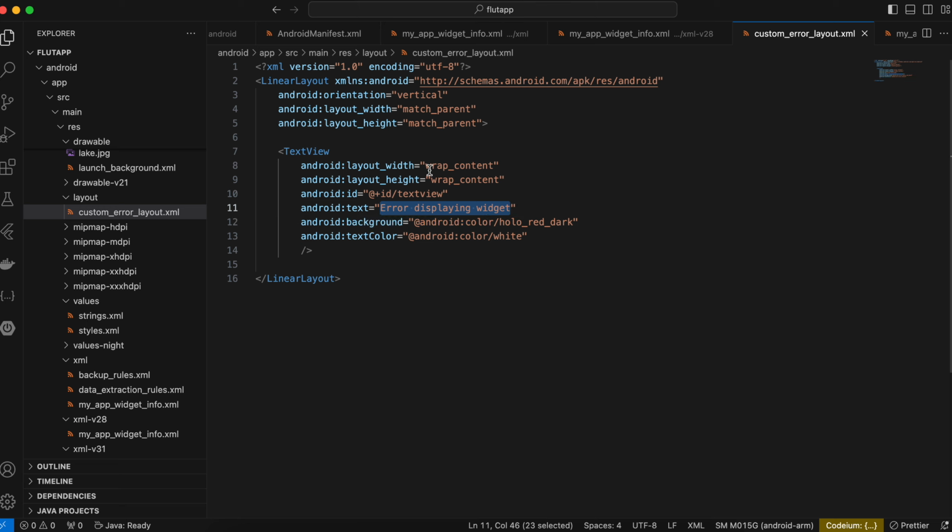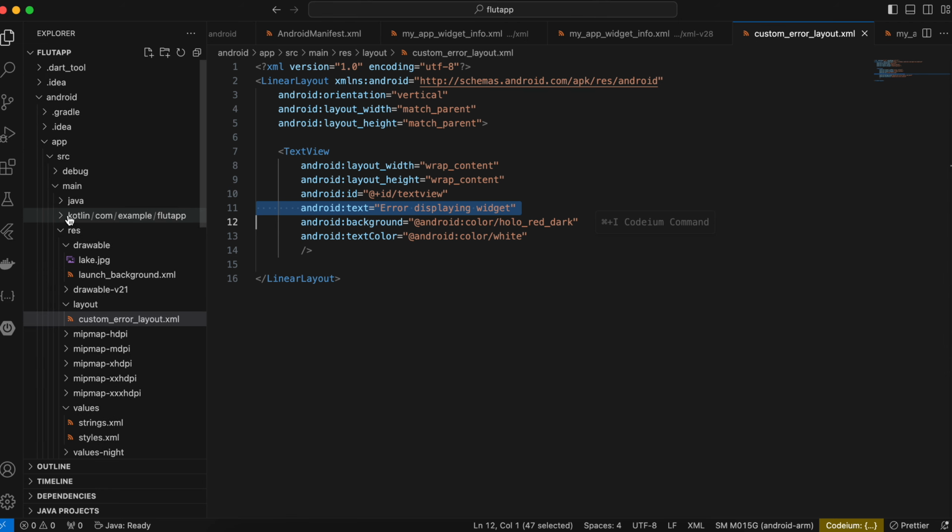You can also take an image view. Don't overcomplicate this, because I think not all XML attributes or XML widgets are supported inside an Android widget. So yeah, I have used something like this. Then I just went to Kotlin, Java, Kotlin.com